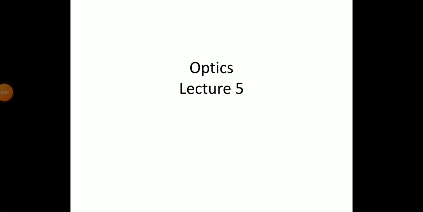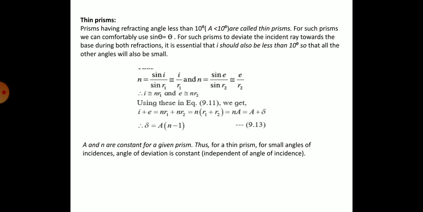Hello everyone. Today we are going to learn about thin prisms. Prisms having a refracting angle less than 10 degrees are called thin prisms. That is, prisms which have a refracting angle less than 10 degrees are known as thin prisms. For such prisms we can use sin theta equal to theta, and